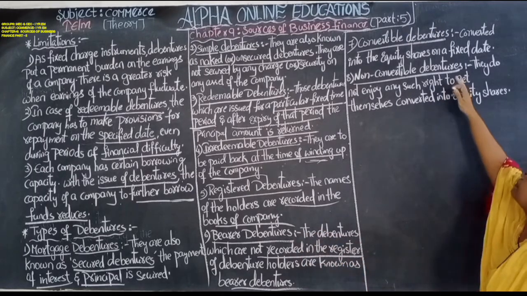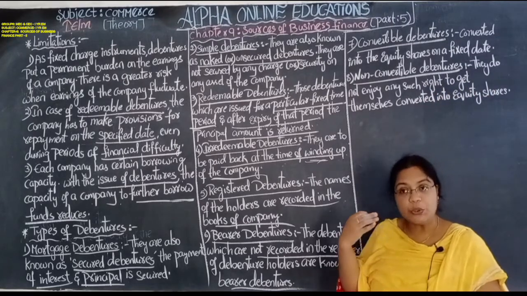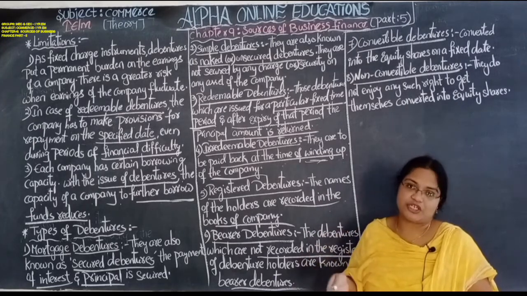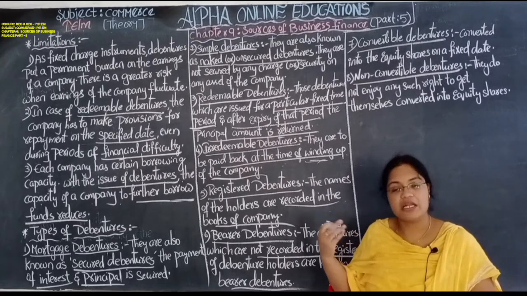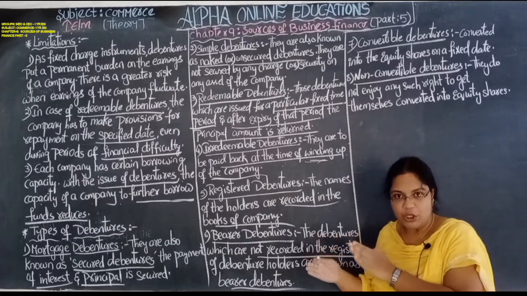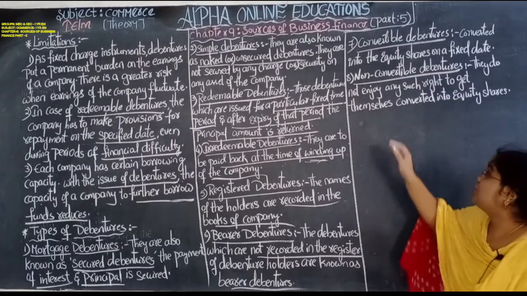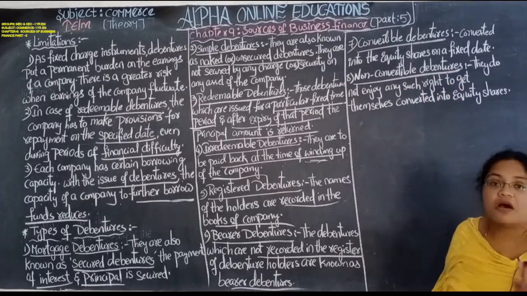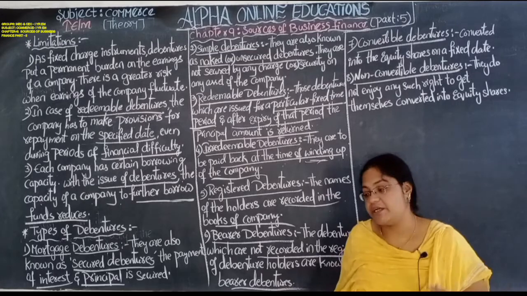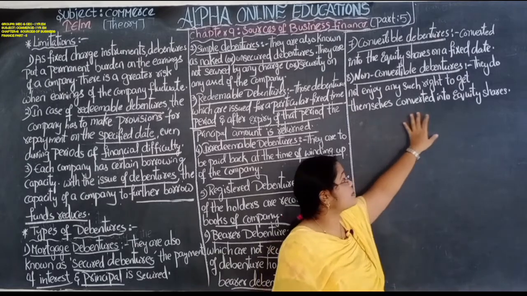Next, convertible debentures. Convertible debentures are those debentures which are converted into equity shares after a specific period of time, either fully or partially. Those debentures are known as convertible debentures. Next one is non-convertible debentures. Non-convertible debentures are those debentures which will never be converted into equity shares. Those debentures are known as